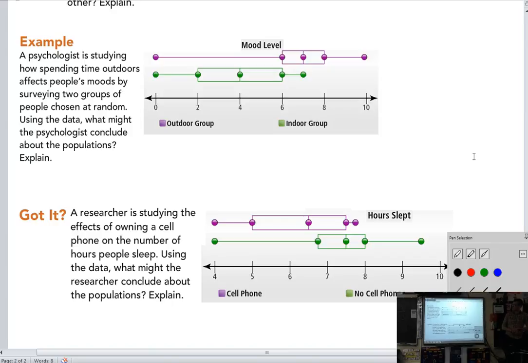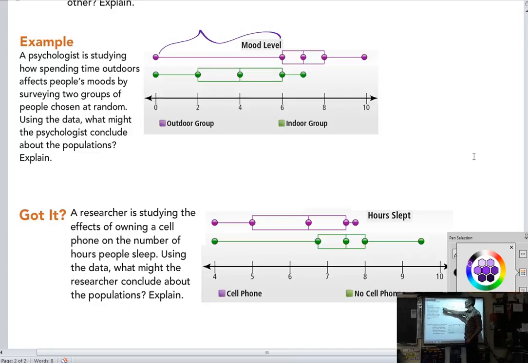The indoor group is not much less happy than the outdoor group. And the indoor quartile 3 matches the outdoor quartile 1 in the mood scale. So if we look at, and please notate this on your paper, I wish you guys could change like purple, green, whatever, but if we look at the purple group, their results below 6, like Ellie was talking about how spread out or how close the different parts are, this is 25% of their responses